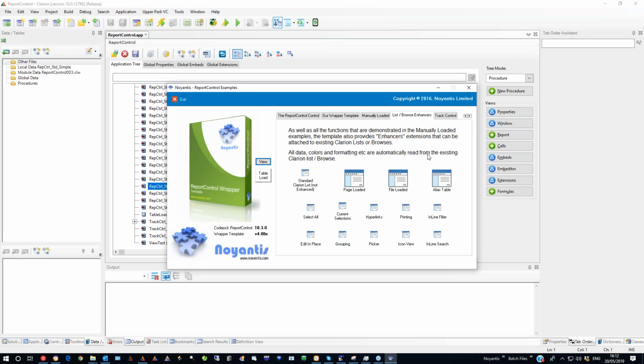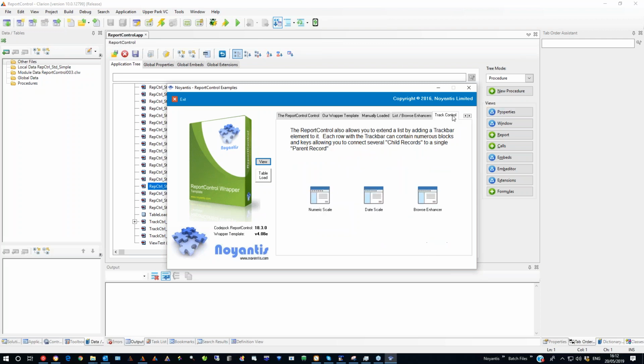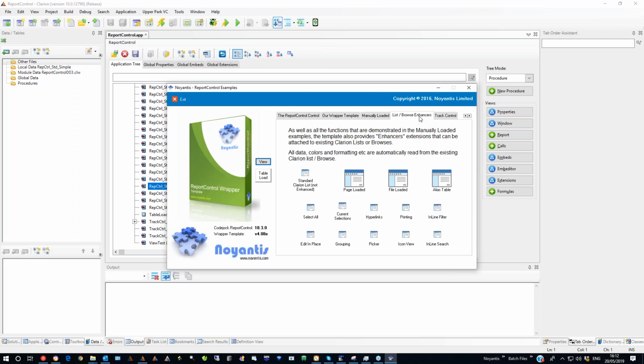So if you was, say, for example, you're playing about with a SQL, if you wanted to perform some kind of query on the SQL database, so instead of 20,000 records coming back, you're only going to bring back 1,000. Then of course you can perform that SQL, bring the data back into a queue, and then get the report control to load from that queue. Okay. Now you've got, just seeing if there is the option in here, file loader, page loader, standard. No, there's not an example in there. But